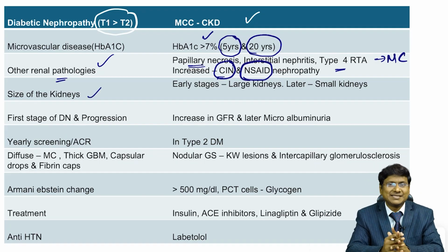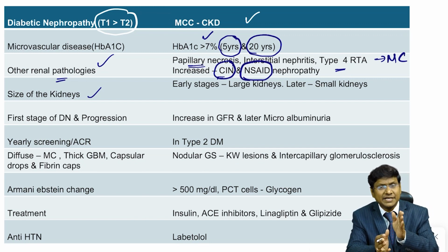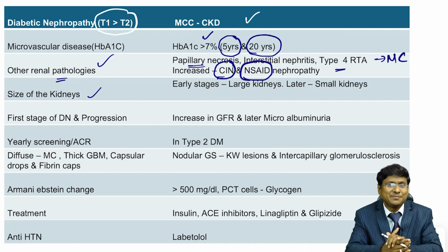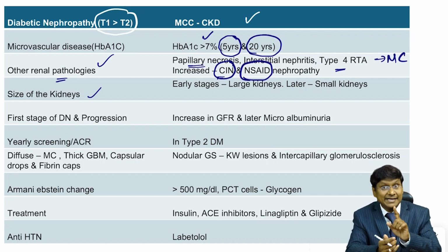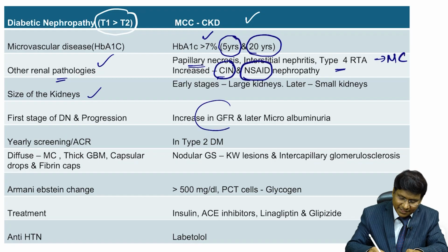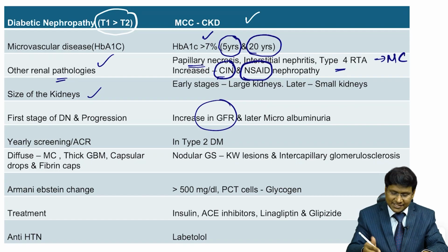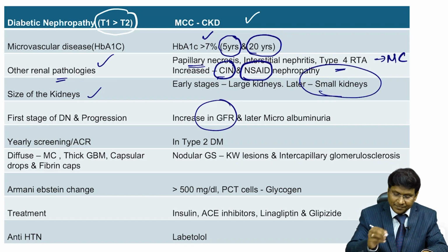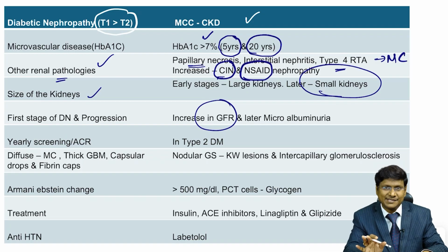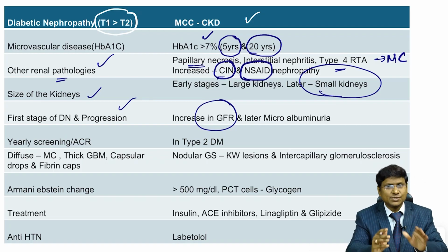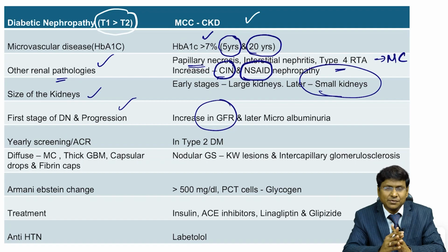Now coming to the size of the kidneys. What will happen to the size of these kidneys is, in diabetic patients in early stages, there will be enlargement of the kidney, right? And even there will be an increase in the GFR in the early stages. The GFR will be more than 125 ml per minute per 1.73 meter square. And in the later stages, there will be small sized kidneys, right? And next, in the first stage of diabetic nephropathy, you will have an increase in the